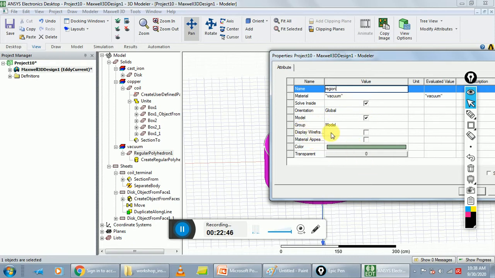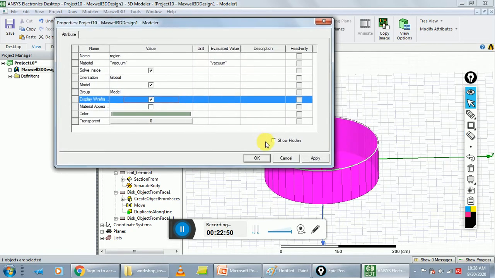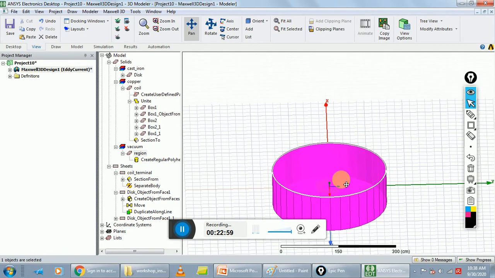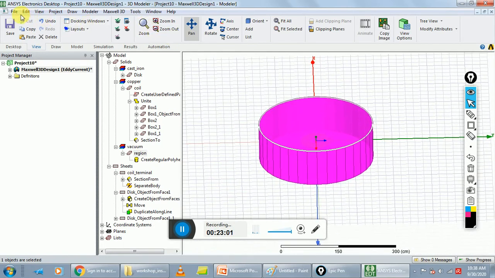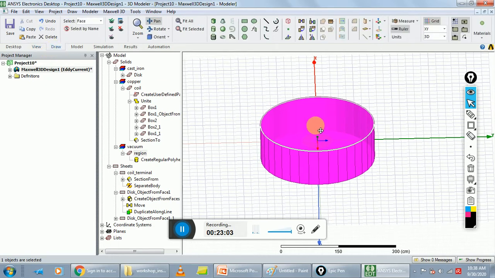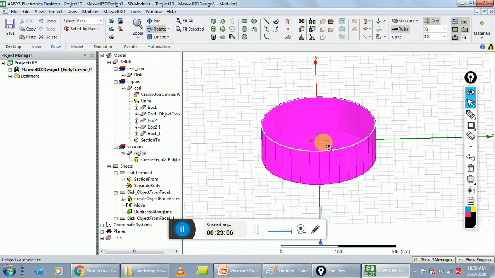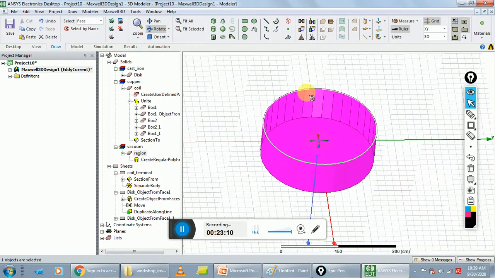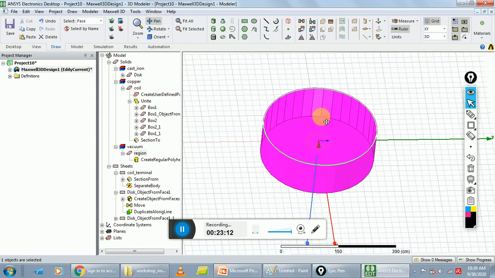Here display wireframe is checked and click on OK. This is your simulation region.